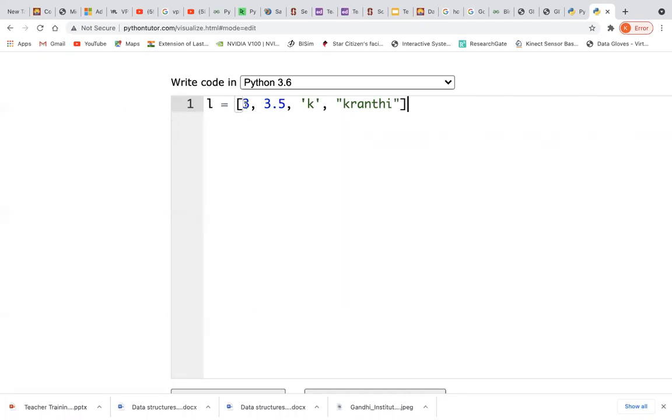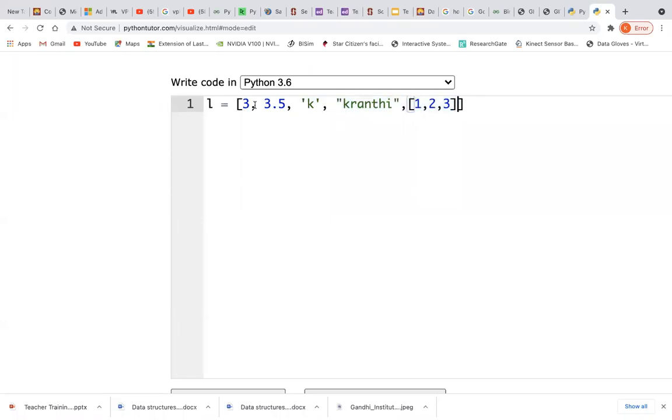Each one belongs to a different data type, and you can also take a list itself as a sublist of the list. So if you say that lists are the data structures, then 3 belongs to the primitive data structure integer, 3.5 belongs to the primitive data structure float, and this belongs to the char. Okay, but these are non-primitive data structures.